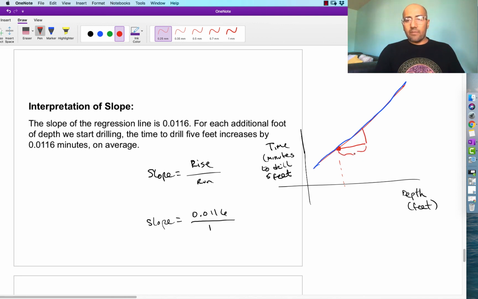It might not be up to scale, but if we think of this as 1 unit this way, that's the run, and then we go up by this many units, 0.0116, like this, rise over run. That means that for every 1 unit this way, which is feet, for 1 foot going this way, it takes